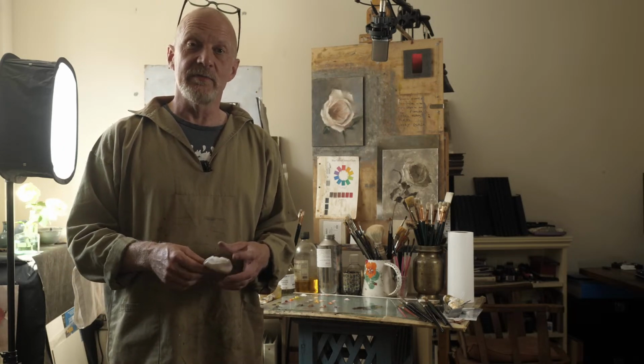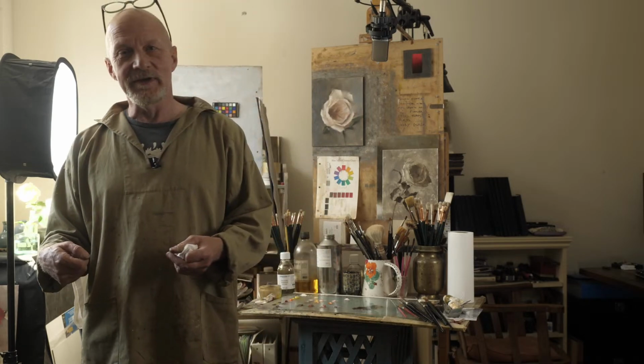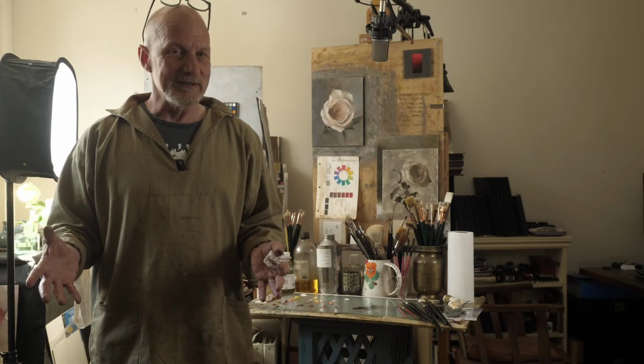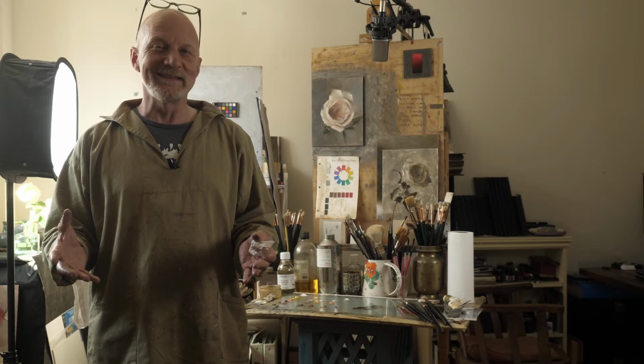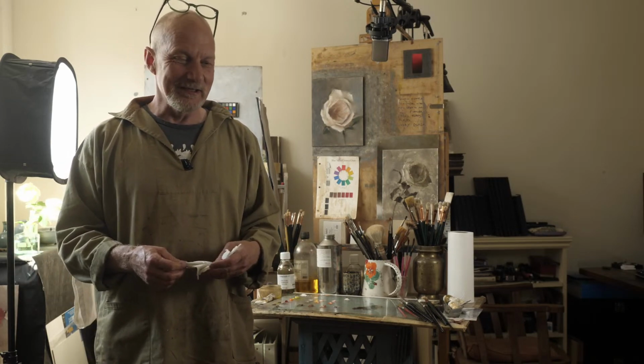So I'm going to describe what I'm doing as I do it, but I'm going to scrape it, I'm going to sand it, I'm going to put a glaze over it, I'm going to make it look like it's completely broken, and then I'm going to mend it. This is why there's some uncertainty in the session today. And the reason I think it's a good idea to do this